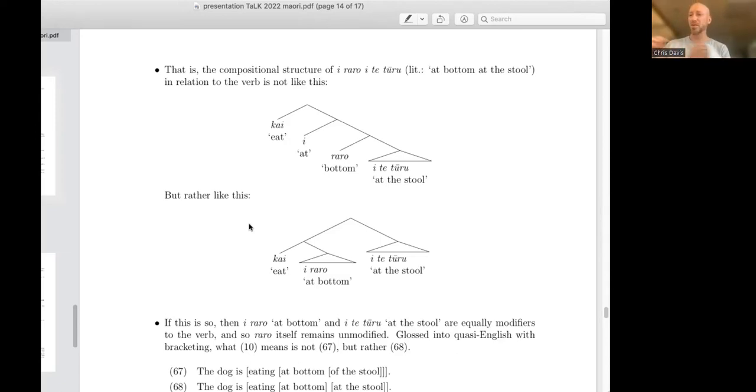And so if you're doing independent modification, then whatever happens with bottom when you don't have an additional specifier, like it's just a contextually understood bottom of something or inside of something, it struck me that if you have the flat structure, you should in principle be able to do the same thing, like inside the contextually specified object at the stool or something like that. You see what I mean? Anyway, I don't mean to go off on this, but I just get concerned about how that